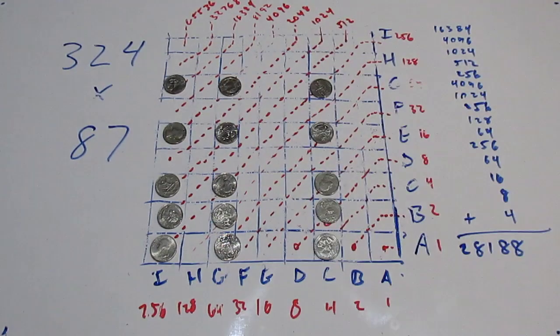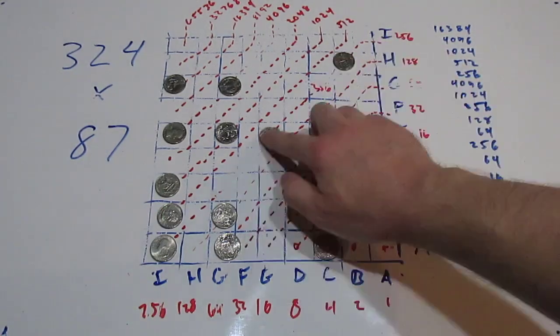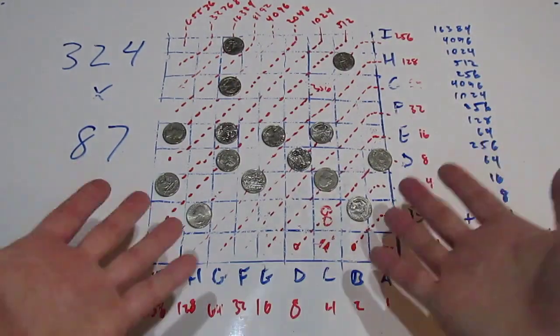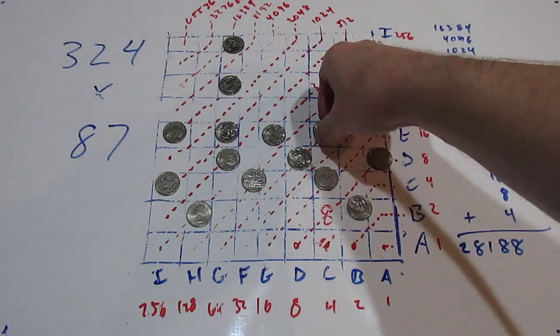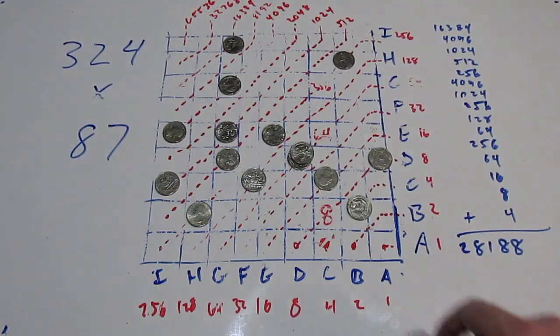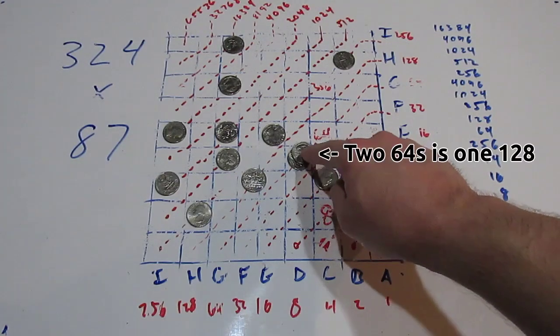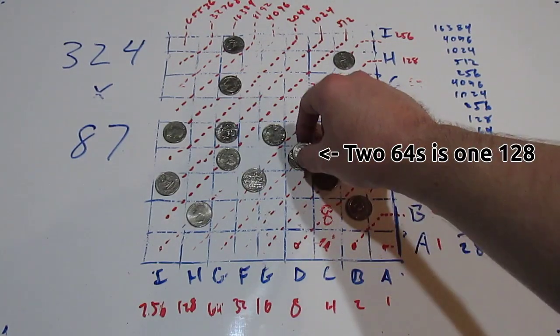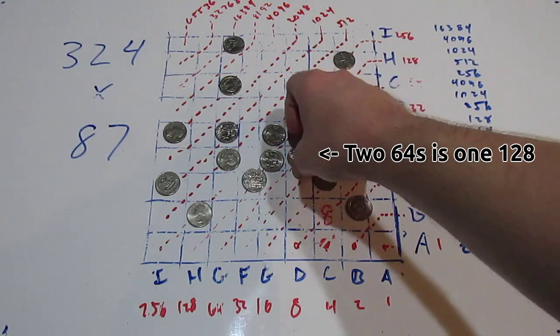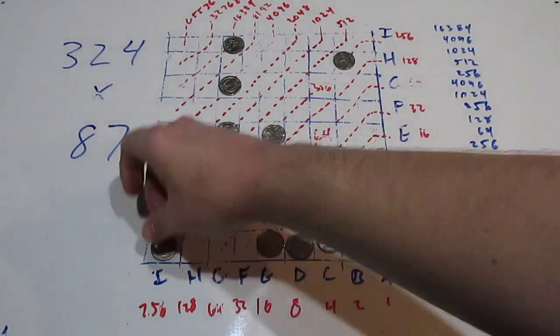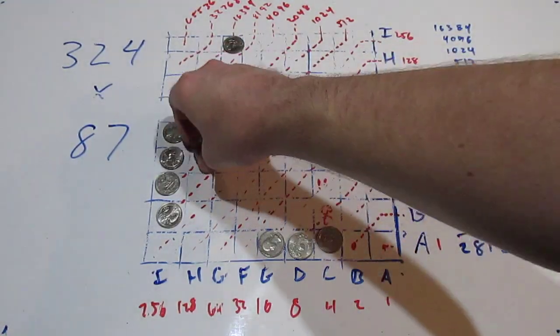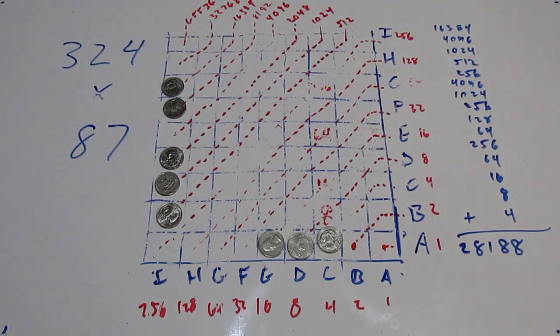So for instance, the number represented by these tokens is the same number that's represented by these tokens. But when one token runs into another and we have two tokens on the same cell, we find ourselves in the same situation that we had earlier with our addition. We can abbreviate this pair of tokens into a single token in the next diagonal, and it still represents the same number. So let's just let all of our tokens slide down these diagonals, and we'll abbreviate whenever they touch each other. Then at the end, we'll have a nice single row of tokens and fewer tokens to add up